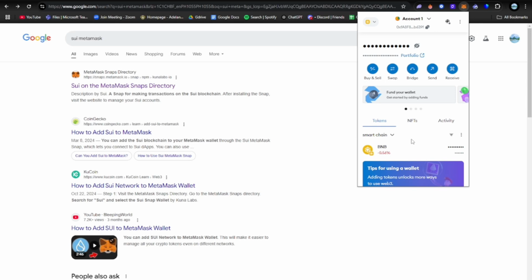So, the steps to add SUI Network to MetaMask: if you haven't already, you have to install the MetaMask extension for your browser, and then open MetaMask and confirm it's updated to the latest version to support snaps functionality. And then after that, just visit the official SUI MetaMask snap page on the MetaMask snap directory. So you just have to search it on your Google Chrome or Safari, and then click on the first link